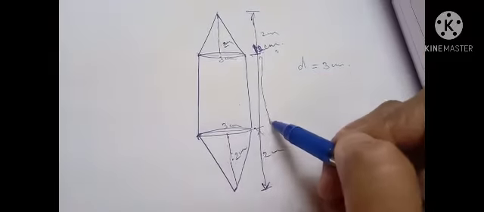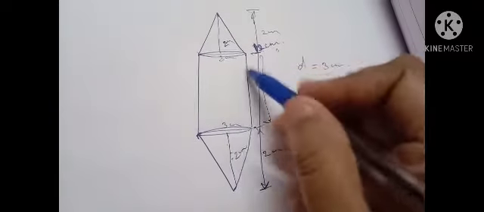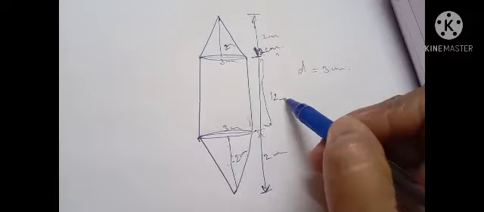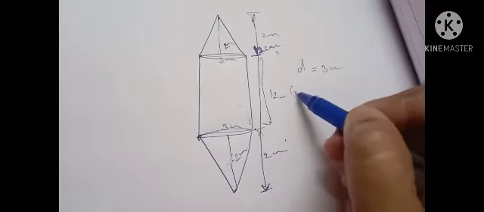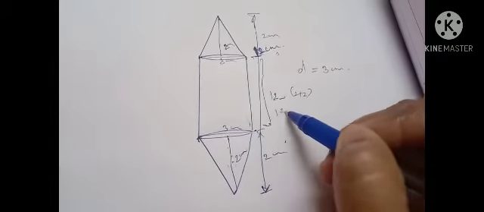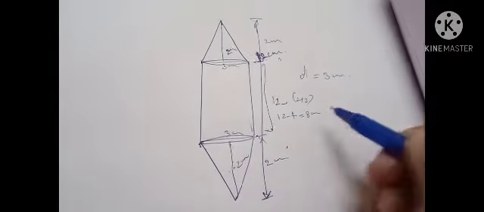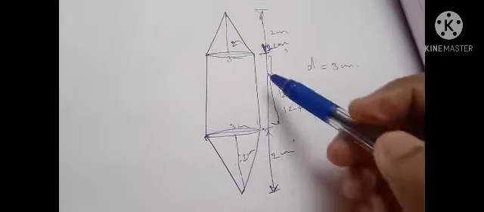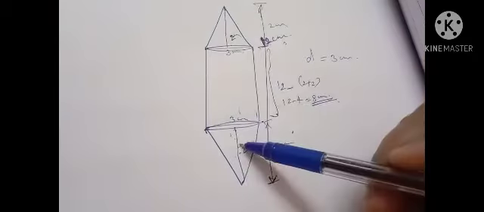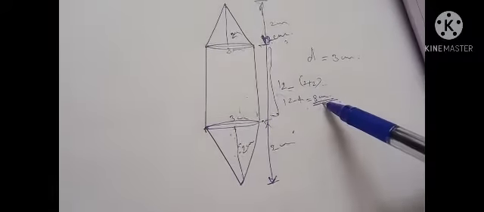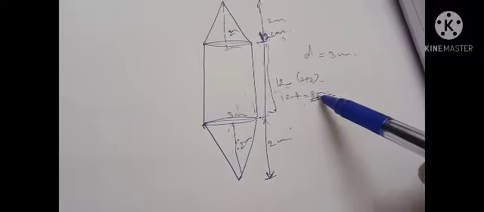So what is remaining? That means the height of this cylinder will be what? 12 minus 2 plus 2. Right? So 12 minus 4 equals 8 centimeter. So this 8 centimeter is the height of the cylinder. Right? The height of the cone is 2 centimeter for this and for this too. Then the height of the cylinder we have to find by subtracting 12 minus 2 plus 2, that is equal to 8. Right? Then we can find the volume.